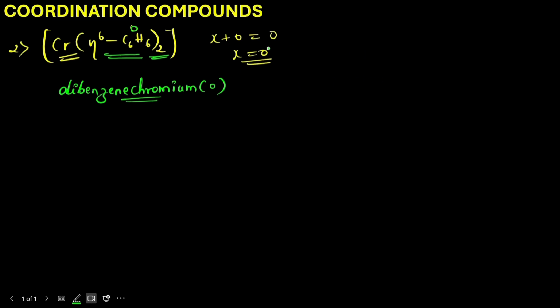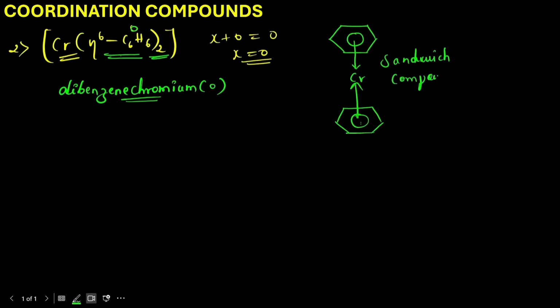If you write the structure, here we have a benzene ring, and here also we have a benzene ring. Here the pi electrons are being donated to chromium. This is also a sandwich compound, because the chromium is sandwiched between two benzenes. In this case, eta is 6, that is hapticity is 6, because here all 6 carbon atoms are acting as